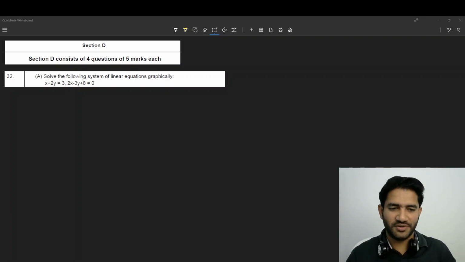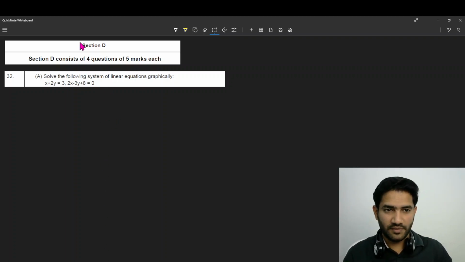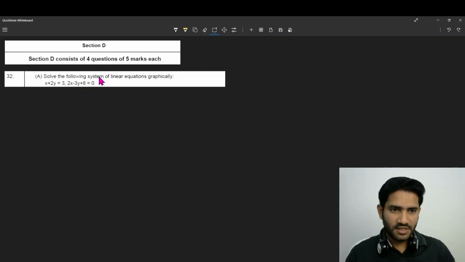We are continuing. Last time we discussed the previous section. So in this class we are discussing Section D, from the sample question paper for grade 10 provided by the CBSE official website. In Section D, each question carries 5 marks. So, first one,